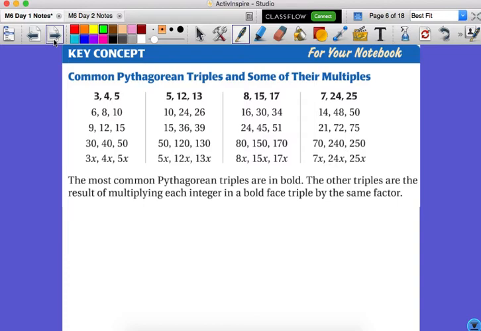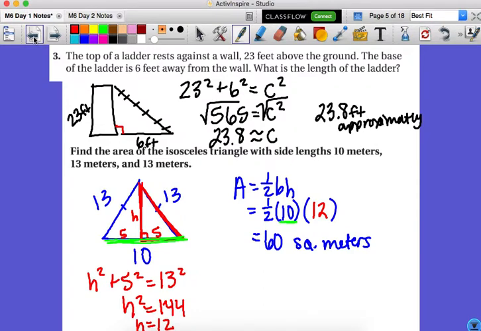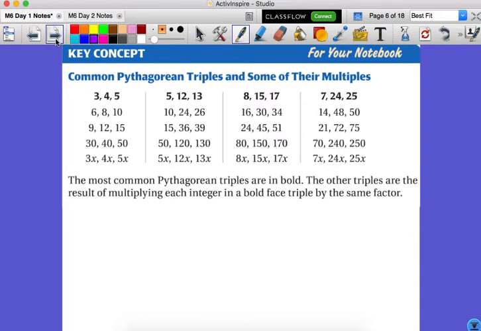So what we just discovered are whole numbers that will always work for the Pythagorean theorem. Looking back here, we had 5, 12, and 13 as the 3 side lengths of this triangle. So that's what we refer to as a Pythagorean triple, meaning any multiple of those numbers will work for Pythagorean